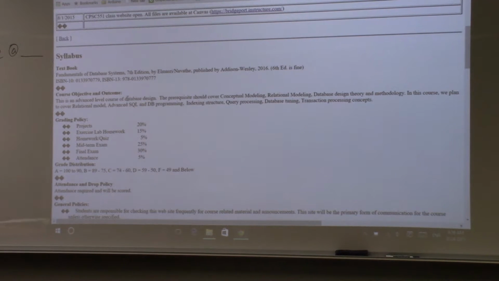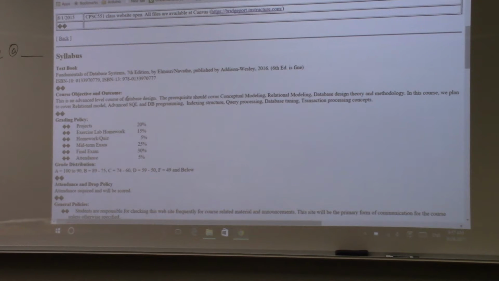Textbook. This is a new textbook. It's the 7th edition. However, if you already purchased the 6th edition, or it was handed over from a friend or relative, it's okay. In terms of contents that we are going to cover in this semester, it's not much different. The author and his colleague added new material and also changed the format, but in terms of contents, for this class, it's not a big problem.